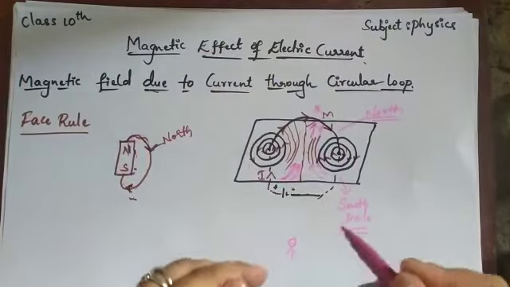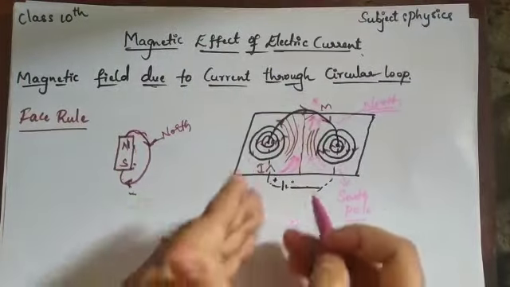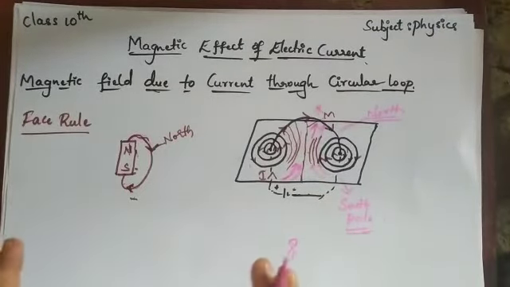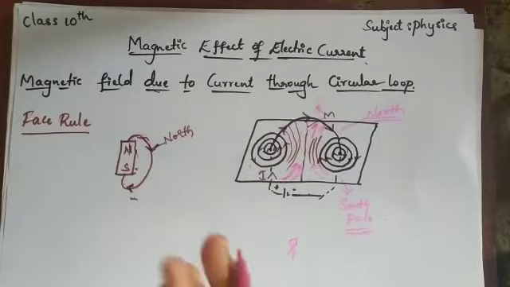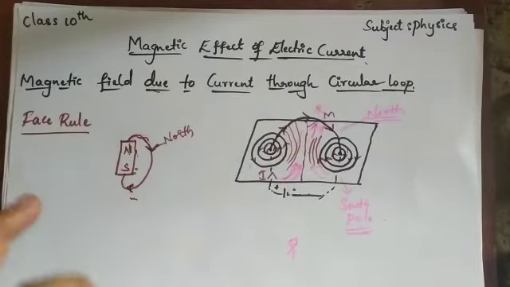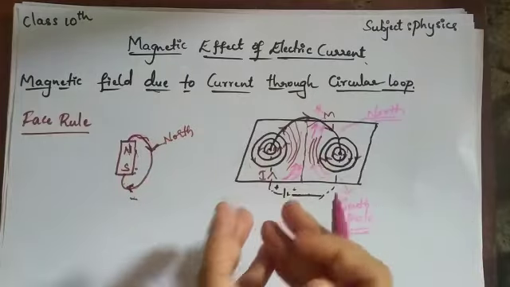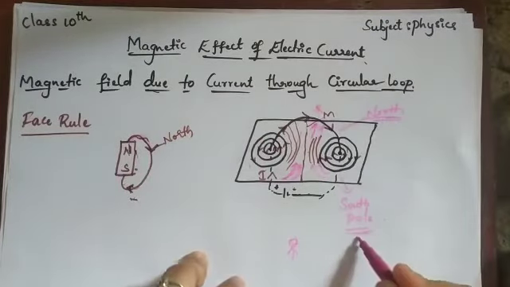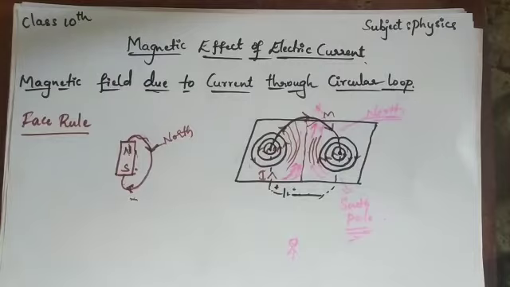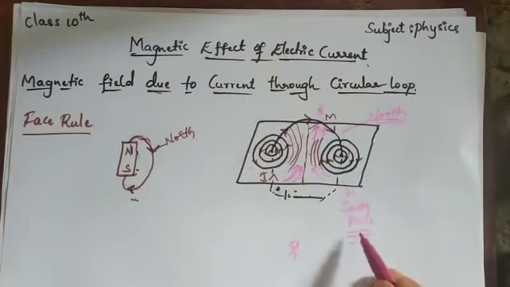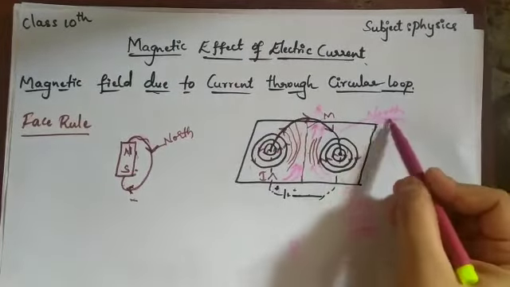Where the magnetic lines are moving outwards, that means moving away from this person, that position is called the south pole. So now I think you have understood what this phase rule is. According to this north and south phase rule, you can say what the direction or polarity of this whole conductor is. So this is the north polarity and this is the south polarity. This is in the case of clockwise direction, isn't it? The current is flowing in the clockwise direction. I can say this is the south pole and this is the north pole.